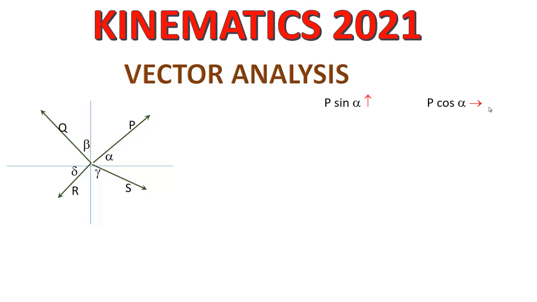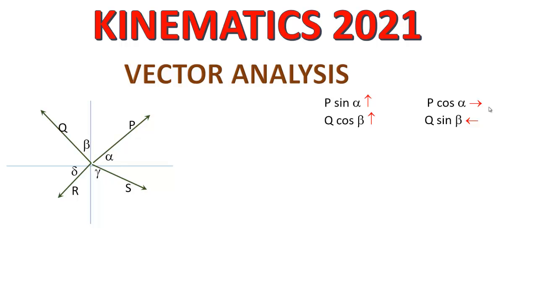Now, let's say we have to resolve Q. Vertical in this case will be Q cos beta. Mind you, it is Q cos beta because beta is the angle made from the positive y-axis. So Q cos beta will give the vertical component, and that's why it's shown as vertical. Similarly, you should see Q sin beta will be on the left side, on the minus x-axis. Clear? Similarly, you may try to resolve R and S yourself.